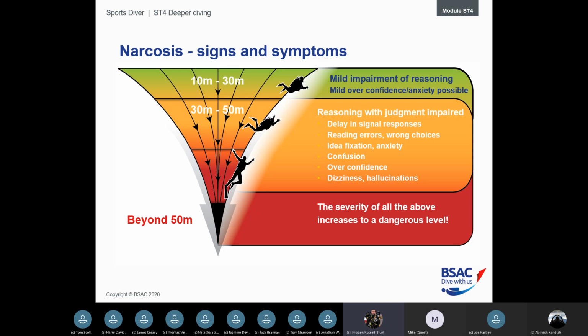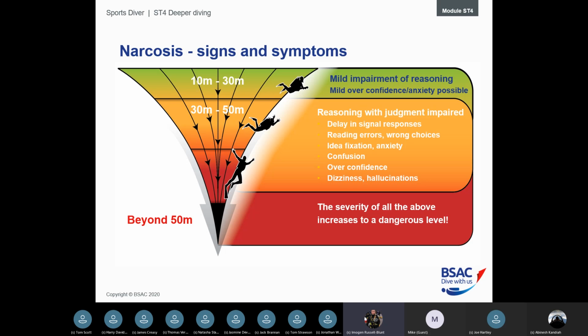Beyond 50 meters, it's everything that I've just talked about, a million times worse. It just gets so much more serious. If you're beyond 50 meters and you've got nitrogen narcosis, you've got a serious problem. And that's the reason that BSAC recommends 50 meters as the limit for air diving, because obviously there's a higher percentage of nitrogen in air, so you're more likely to get nitrogen narcosis. So beyond that,